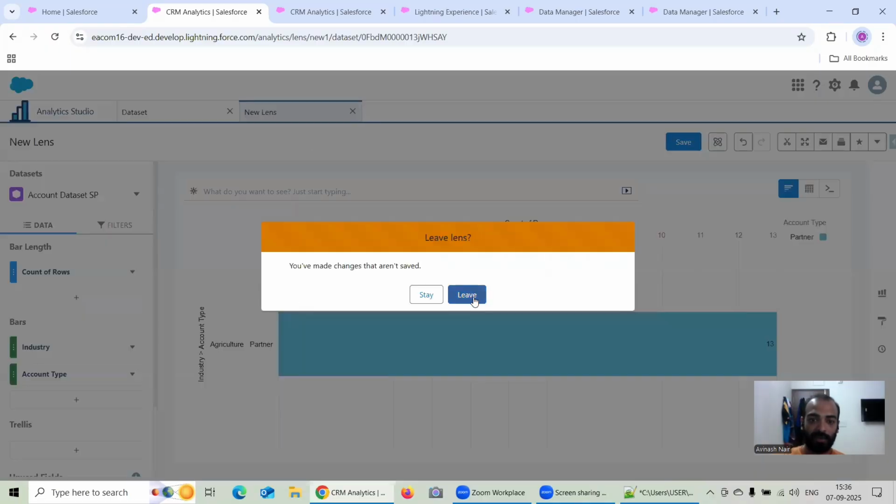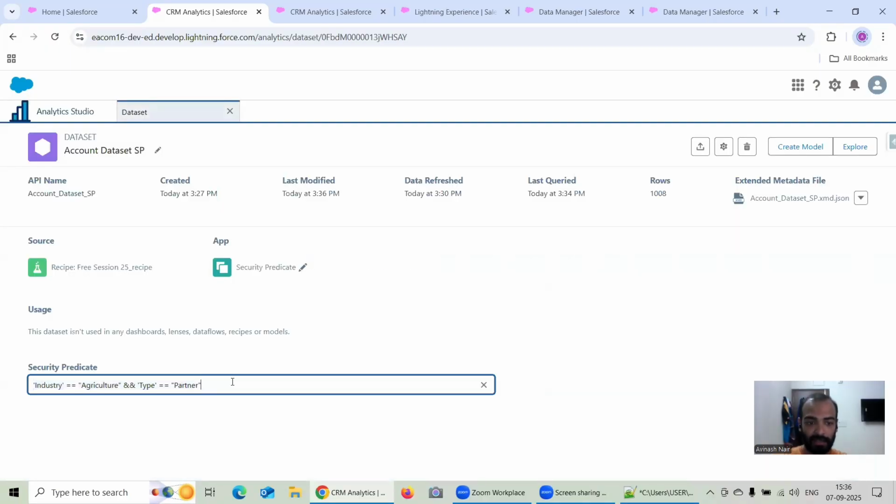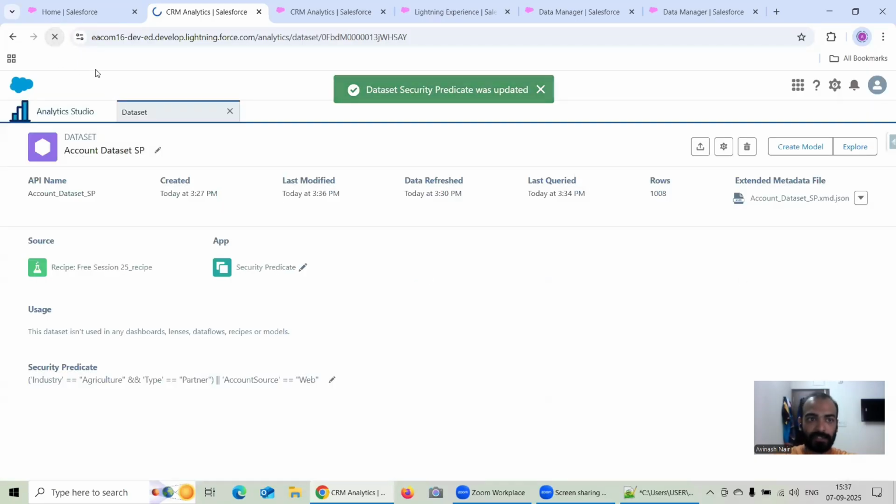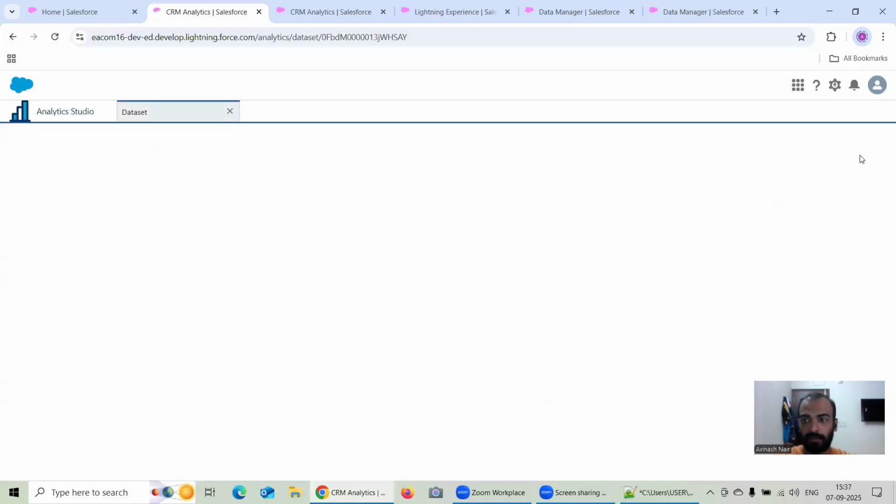And similarly, you can have different combinations of this static filter. For example, if I write something like account source equal to web, so let's say I write something like or, let me just copy this whole thing. I am clicking somewhere on the right side just to ensure it got applied. And if I just refresh this one and click on explore,